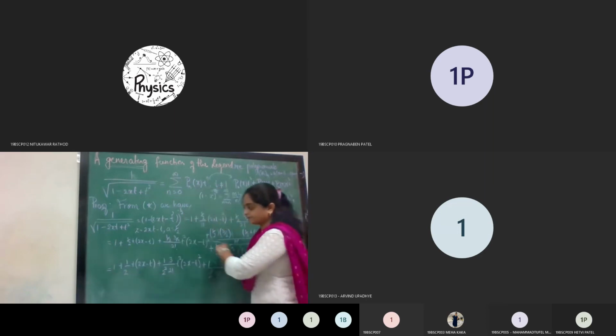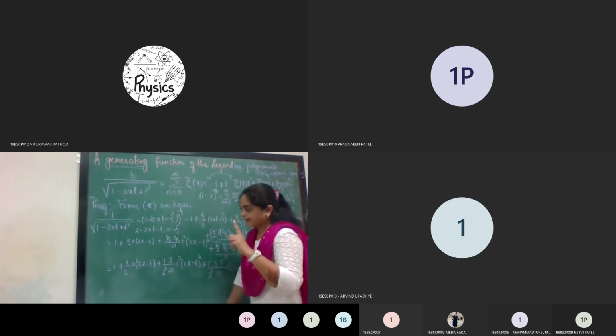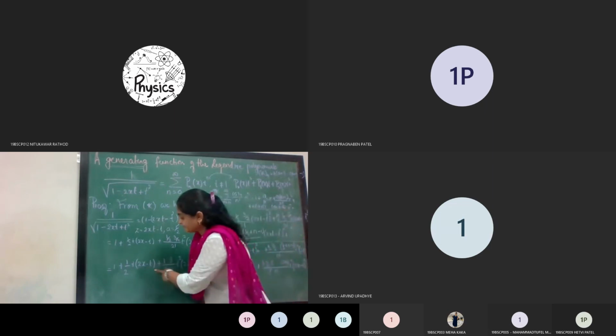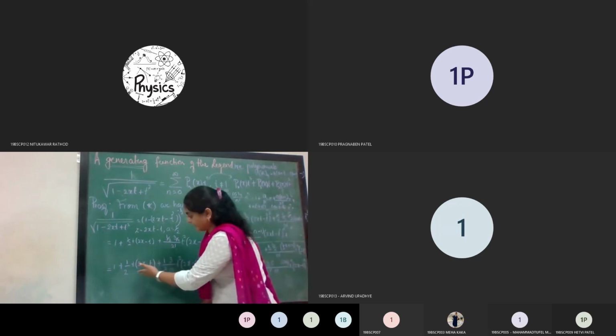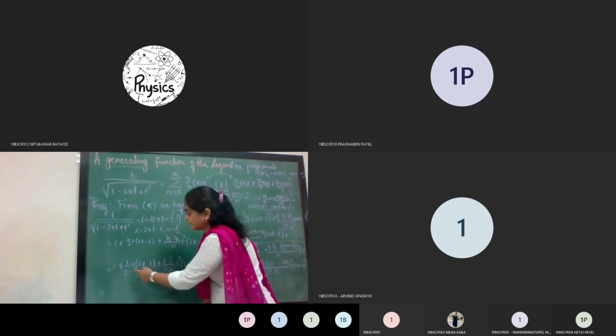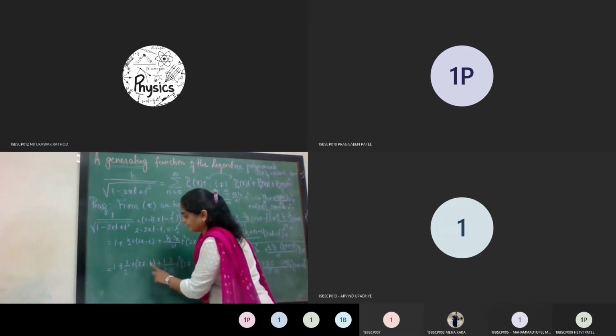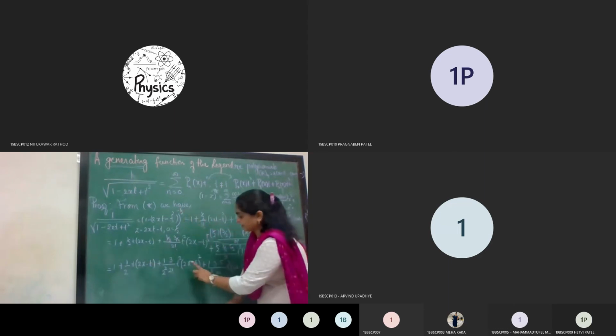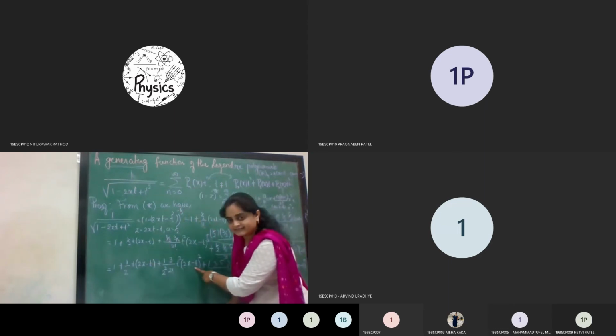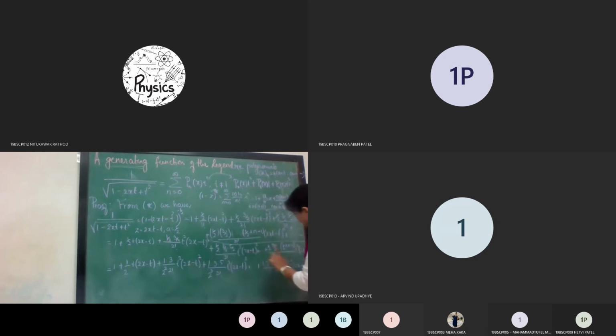So what we'll do, we will find out the corresponding powers of t from all these factors, and for that you can see this is just one power, so this will not have any kind of difficulty. You can easily see that the power of t for the first term is 1 and power of t for the second term will be 2 in this case when you expand this. This is the quadratic expansion, you can easily expand it, but for the nth term if you see here, are you able to see the last line where I have put my finger? Are you able to see it? Yes, ma'am.